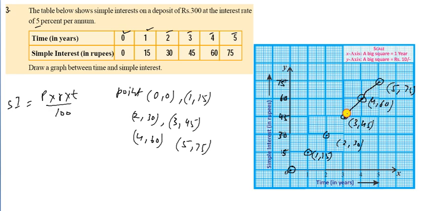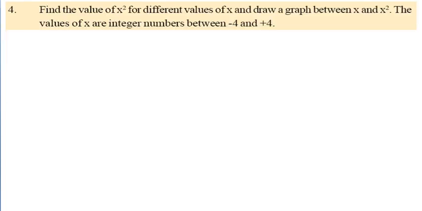with the help of a scale. The line is drawn with the help of a scale, not like me. So it is the graph which is drawn by you. With the help of a scale you can draw this one. So that is the way to do the question. P R T into 100 you can calculate, everyone can see here. So it is not necessary because it is given in your table also. So now come to the question.